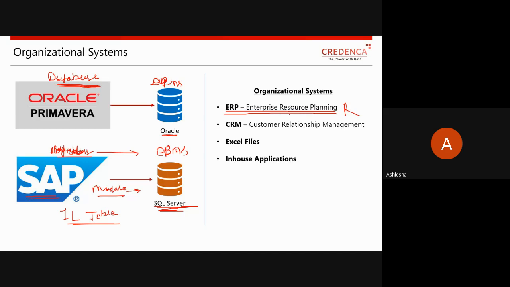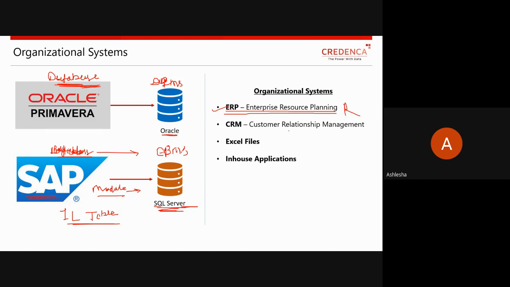Let me give an example: in the education sector, they use the ERP system to maintain student information. They maintain that student database in the ERP system: your attendance, your marks, your progress, your parent name, phone number, emergency contact record, everything related to each student.